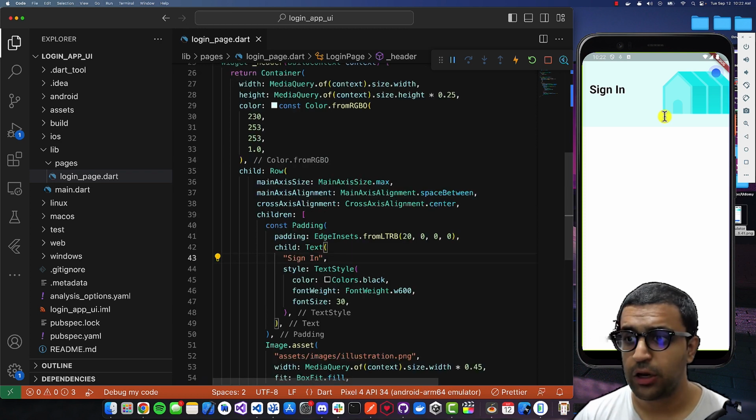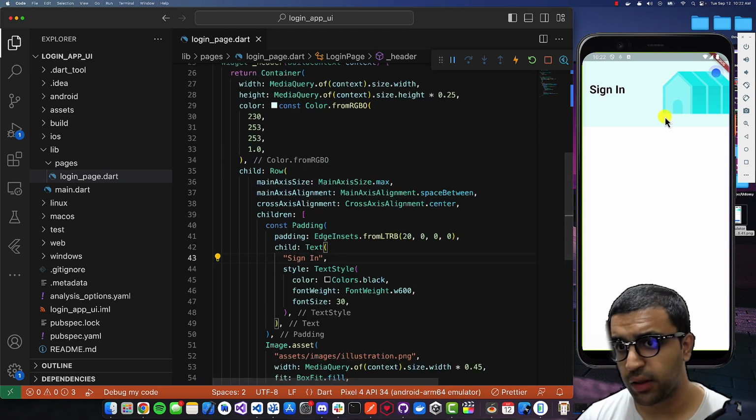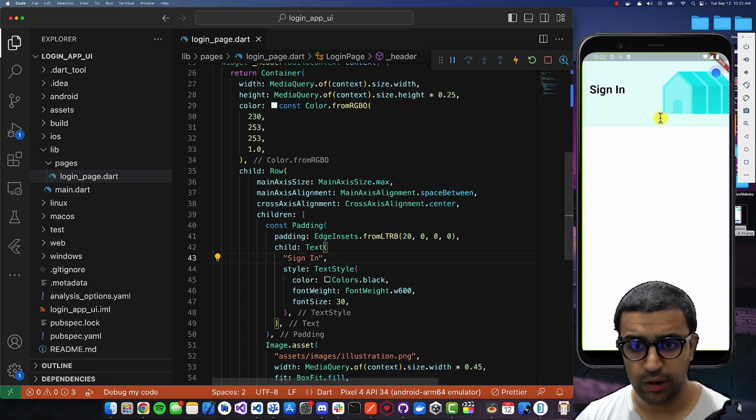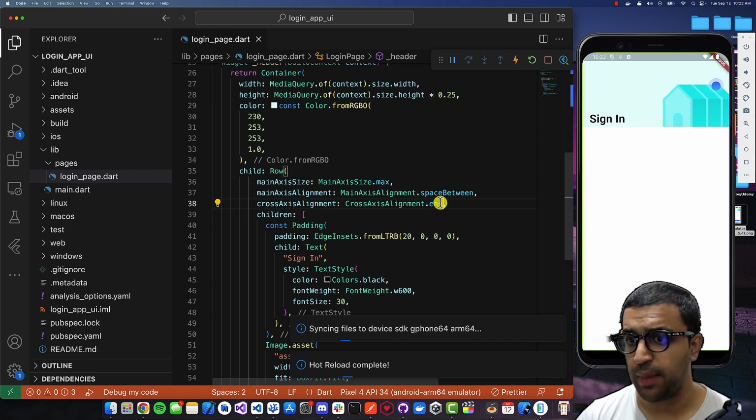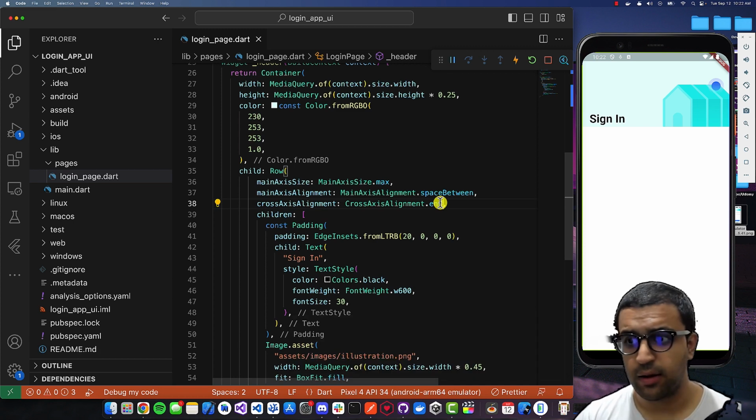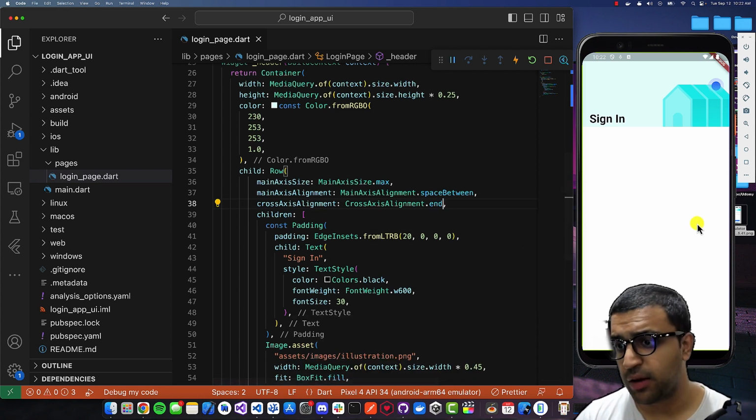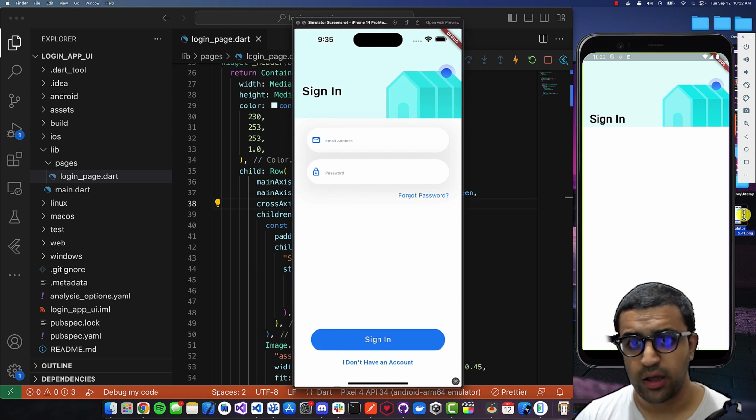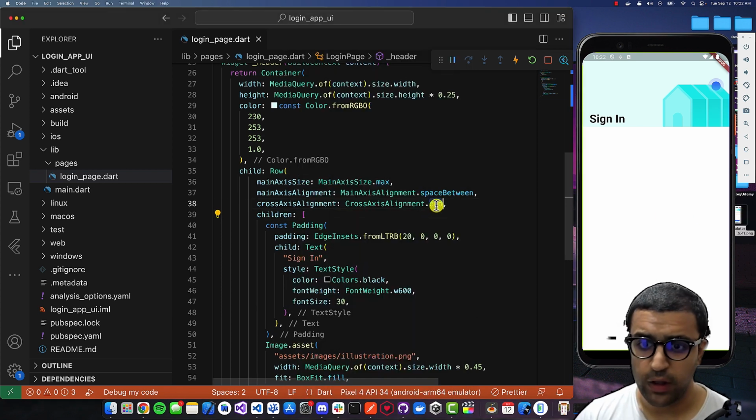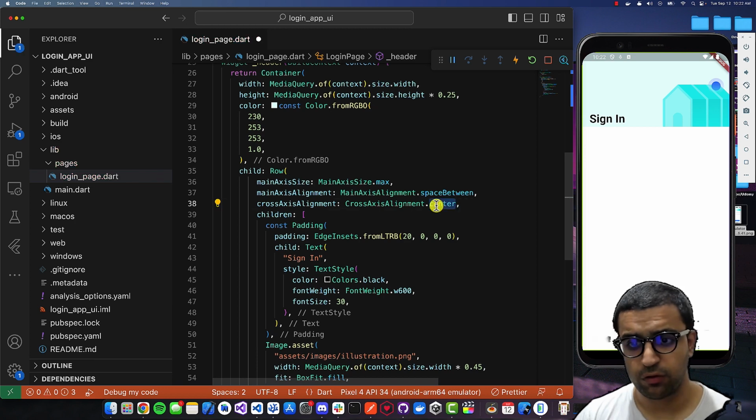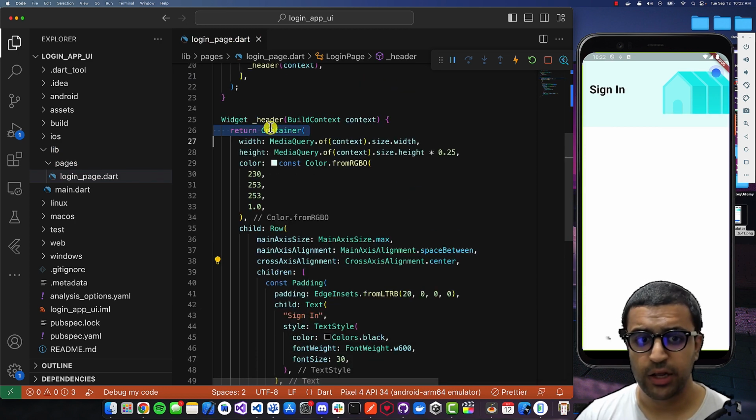So the last thing that we need to do now is push everything that's within our container down. To do this, we can do crossAxisAlignment.end, and this moves everything down. But then what happens is that our sign in button is no longer in the middle of the house. It also is brought down. So for that, I'll keep this as center, and I'll come to my container,